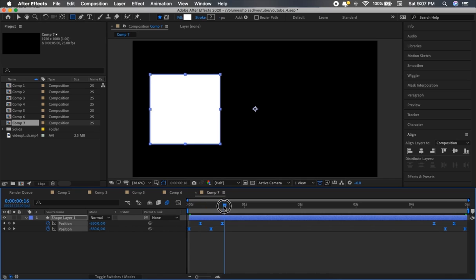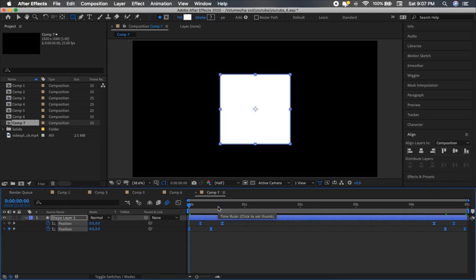And this keyframe, position to our first keyframe. Select this position and on the x-axis you type exactly as I do, minus 550.